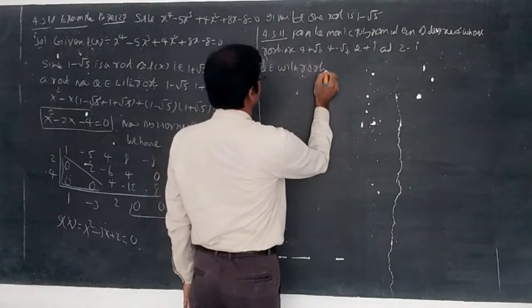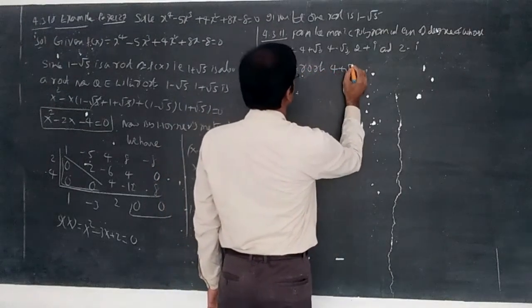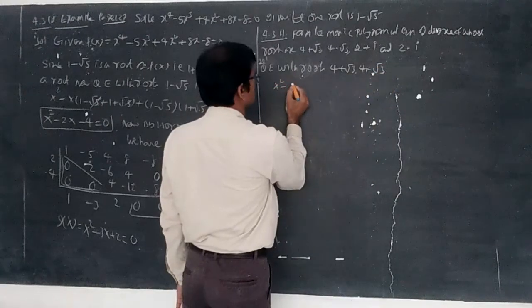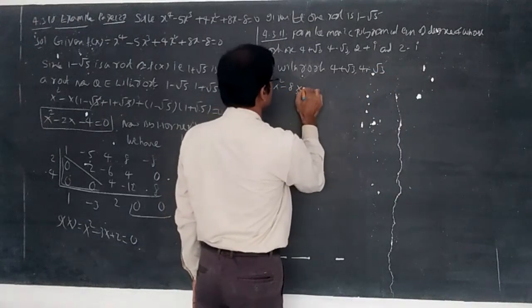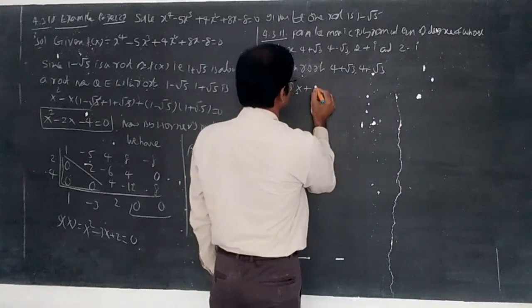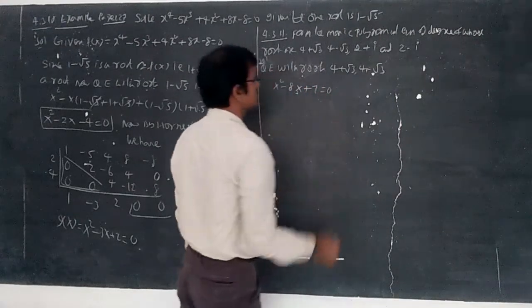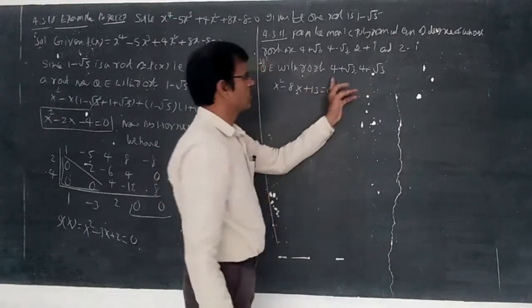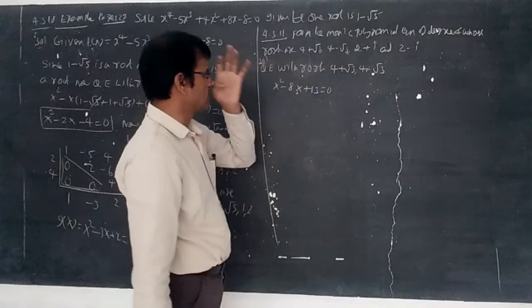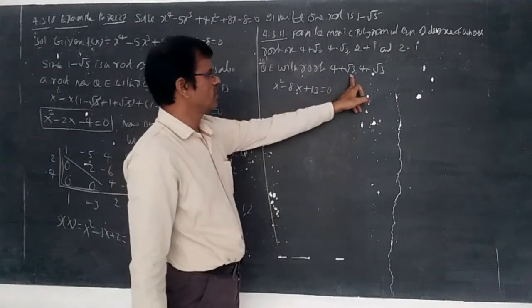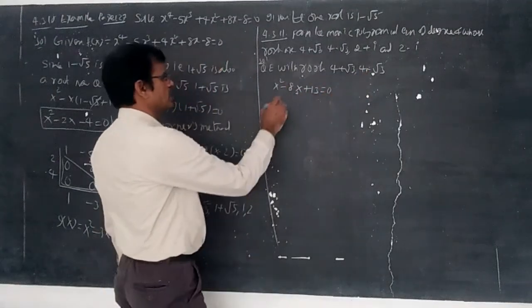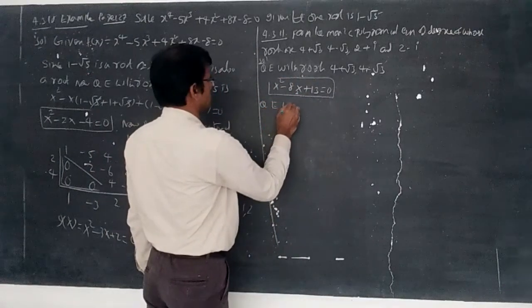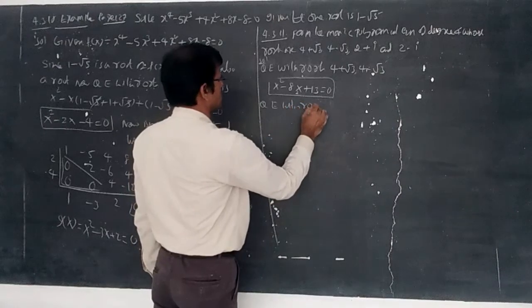The quadratic equation with roots 4 plus root 3, 4 minus root 3: you can write this as x square minus x into the sum of alpha plus beta plus alpha beta. So the product is 16 minus 3, which is 13. This is a plus b into a minus b, a square minus b square, 16 minus 3. The sum 4 plus root 3 plus 4 minus root 3 becomes 8, so minus 8x. This is a quadratic equation. Next, again you should write another quadratic equation.